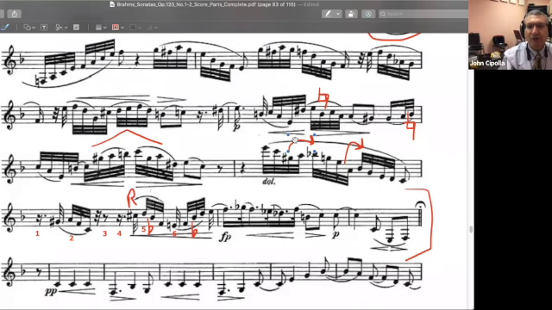So if I were to re-articulate all this, really the way I'm hearing it is I'm kind of slurring those two. I'm slurring these five, and then I'm slurring these five, or maybe five, and then I'm retonguing down here. So to kind of overemphasize the way I'm hearing the groups,